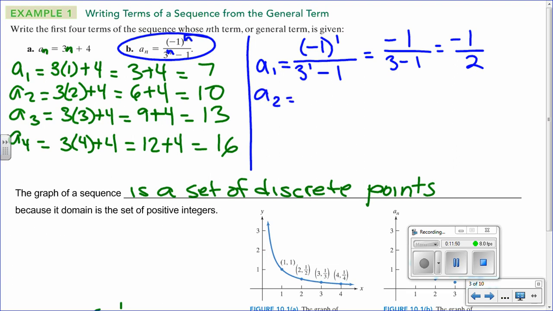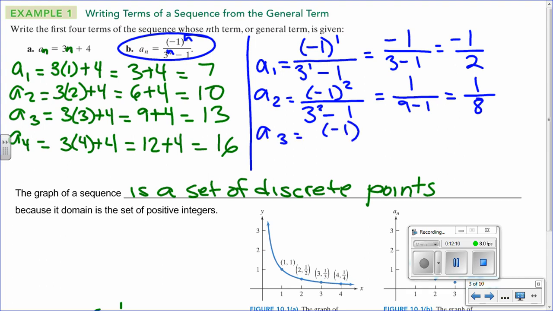My second term is going to be -1 to the power 2, over 3 to the power 2 minus 1. So what happens when I square a negative? Negative times negative is positive, so this will be positive 1. On the bottom, I'm going to have 9 minus 1, which will be positive 1 over 8. The next term will be -1 to the power 3, over 3 to the power 3 minus 1. So here, what happens when you have an odd exponent? Negative stays negative. So -1 over